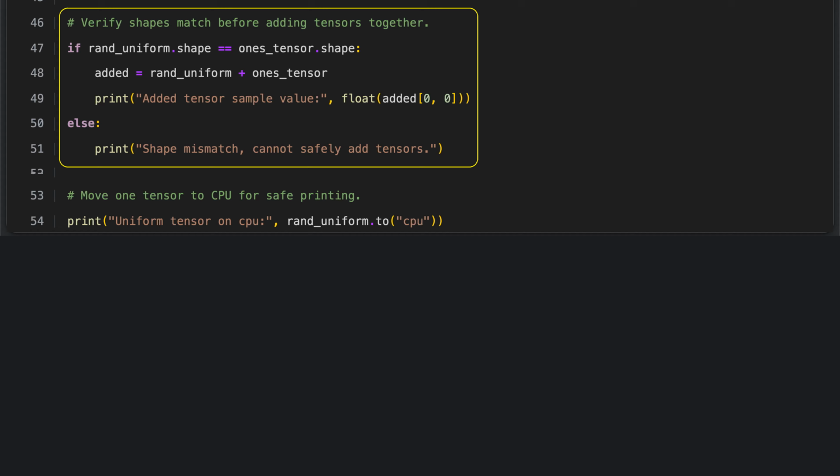The code first checks whether the 2 tensors, one filled with uniform random values and the other filled with ones, have the same shape, because tensors must match in shape to be added element by element. If their shapes match, it adds them together and stores the result in a new tensor called added. It then prints the first value from this result, converting it to a floating point number for easier reading. If the shapes do not match, it instead prints a message explaining that the tensors cannot be safely added because